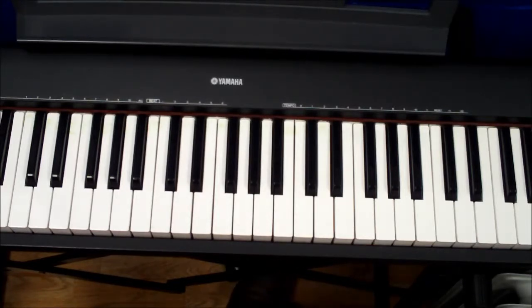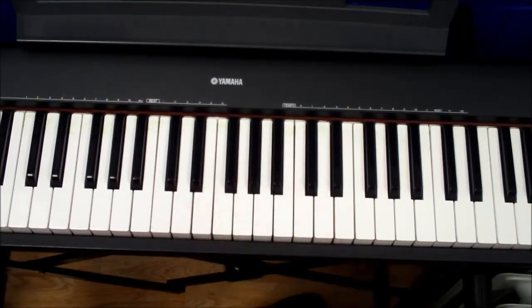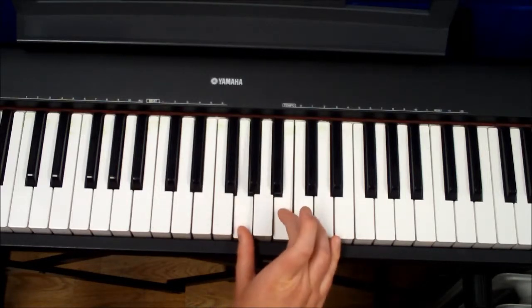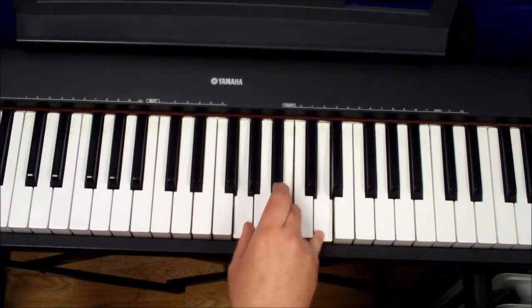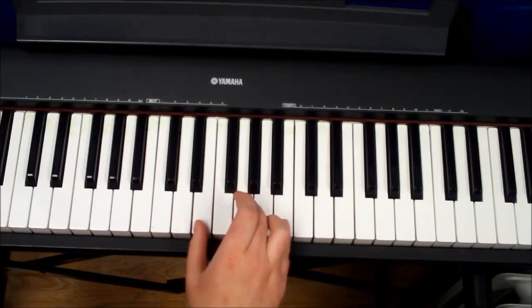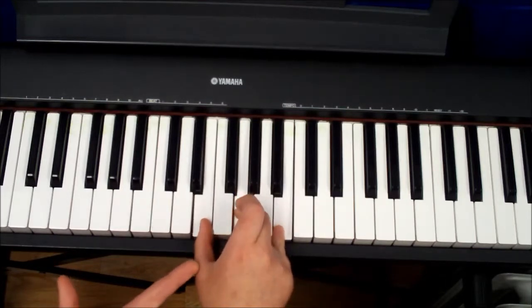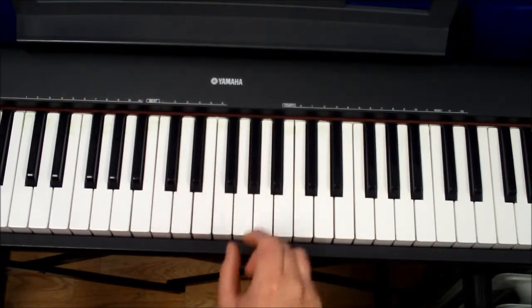So what I'm doing on the right hand, whenever I'm doing that on the left hand, is that's the first part, and it's the same thing, basically just moved around a little bit. So I'm playing G and B, then holding that down, playing C, D. So I'm kind of walking this up to make it into a full G chord. Then doing the same thing for the E minor, so E and G, then A, B, so I make it into the full chord. So it's kind of going,